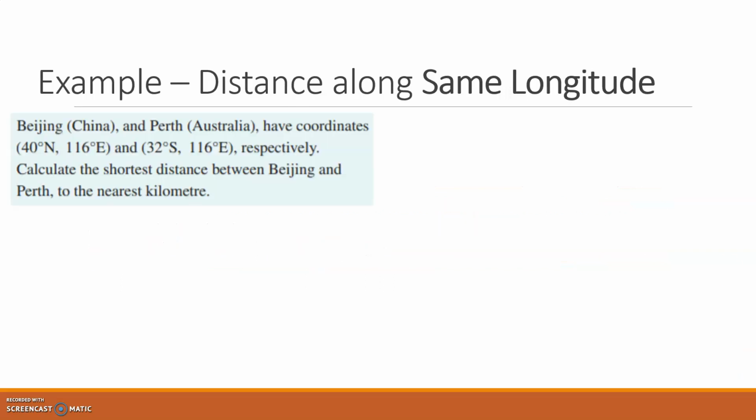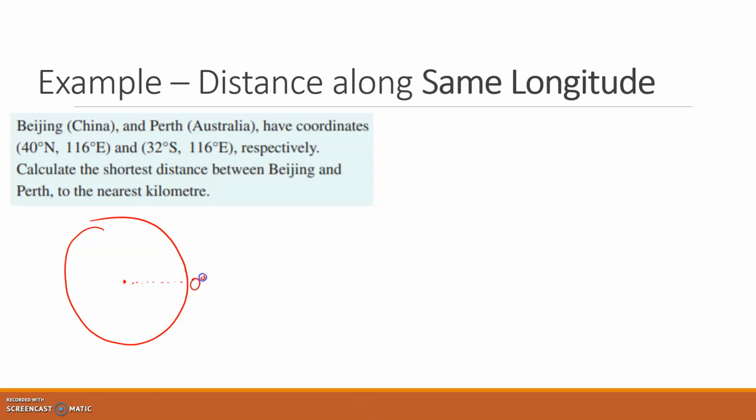Okay, so here's an example. It says Beijing and Perth have coordinates, and they've given those coordinates to us. We want to calculate the shortest distance between Beijing and Perth to the nearest kilometre. I like to draw a diagram when I do these questions. It's like I'm drawing a cross-section of the Earth diagram once again. Okay, so along here,